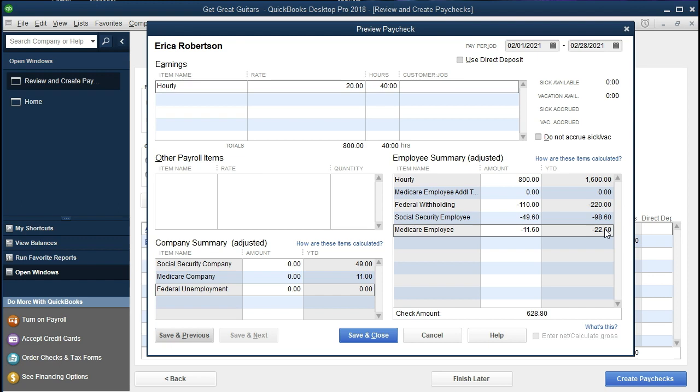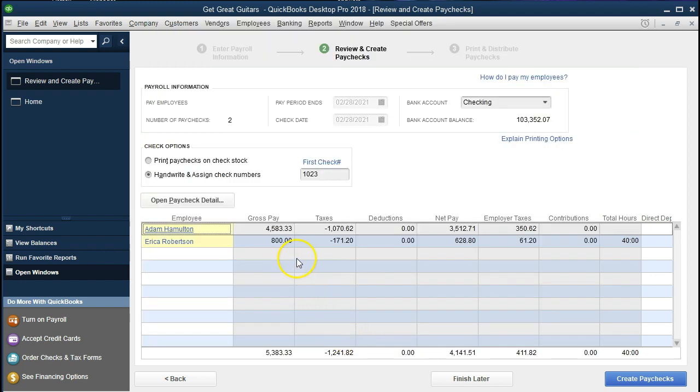Again, I don't mean to have this completely exact, just mean to give an example of how these calculations would be calculated depending on whatever rate is currently there, and make sure to check in on that and get the correct rates. So then we're going to have to match it on our side. So we've got the Social Security that we're going to have to match on the employer side, 49.6. And then the Medicare, which is going to be 11.6. We're not going to be dealing with the federal income tax. And then I'm just going to say save and close. Populated now for our two individuals. The net check then to them,